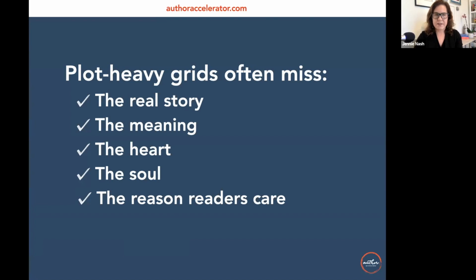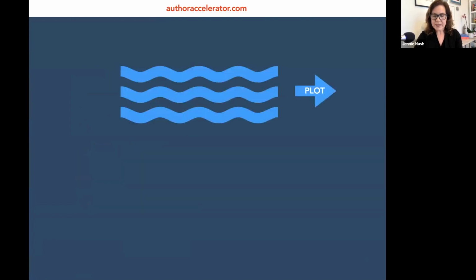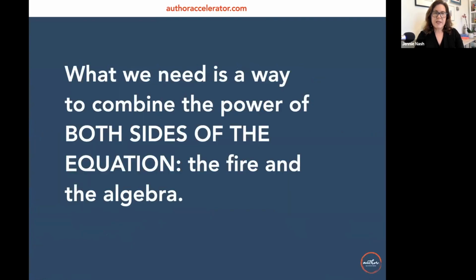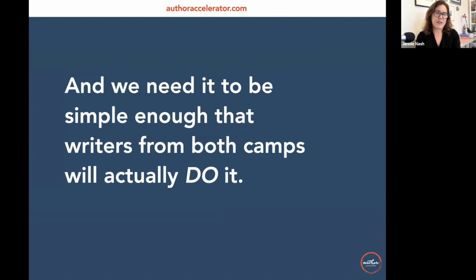That's no good. That's not what we want, because what happens is the plot's kind of tripping along and moving along like a current, and the real story underneath it, everything that's happening, is just not there when people are focusing only on plot. So what we need is a way to combine the power of both sides of these equations, the fire and the algebra. We need a way to bring them together, and we need it to be simple enough that writers are going